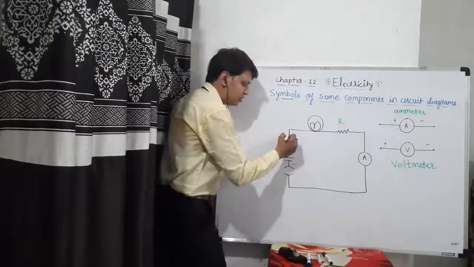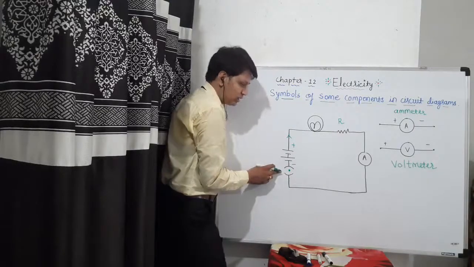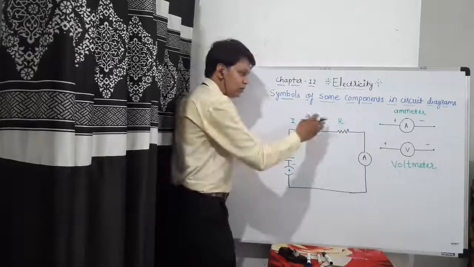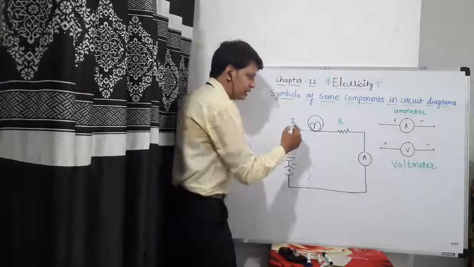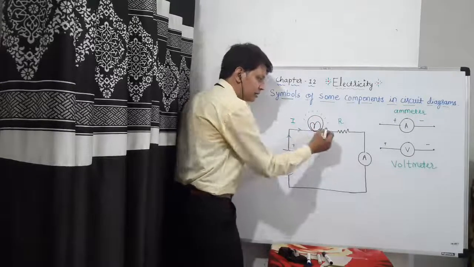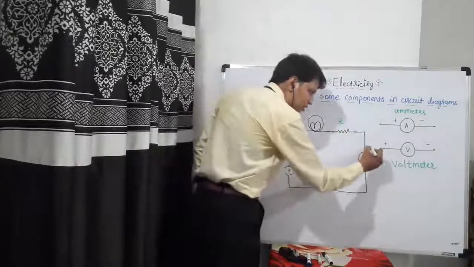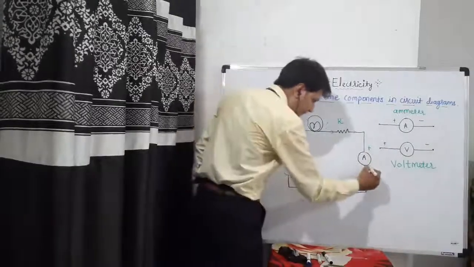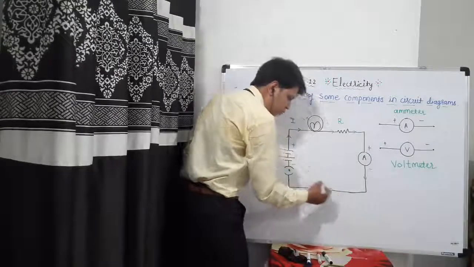Series means whenever you switch on the circuit, this is now the closed condition, current I will pass through the bulb. If this path is closed or complete, it will glow the electric bulb. Again the same current is going to pass through the resistor. This terminal is positive because it is connected, and so the current flows through the circuit.